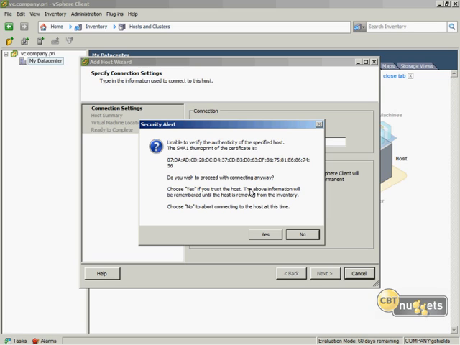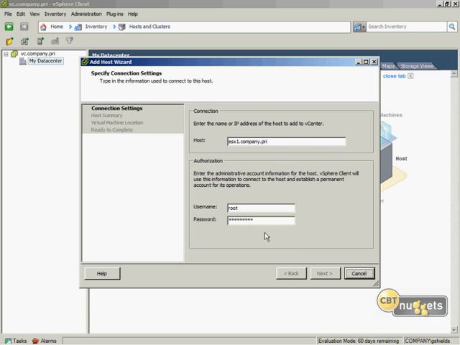Ensuring this makes sure that I don't have some sort of security hole where some inappropriate person is attempting to spoof the fact that they are indeed ESX1. So this protects me against any kind of man-in-the-middle attack or any kind of real security hole that I might get whenever I complete that initial authorization and authentication to bringing this host into my vCenter server. Choose the next button here,